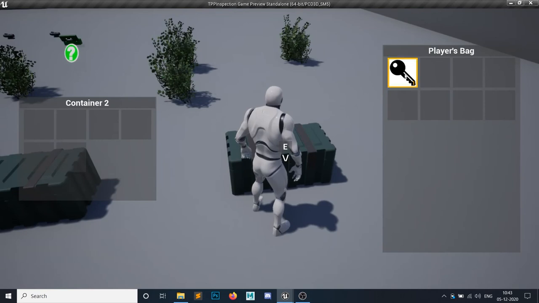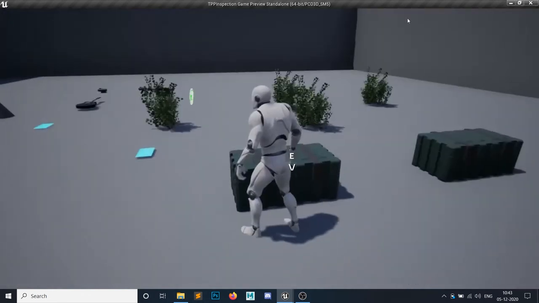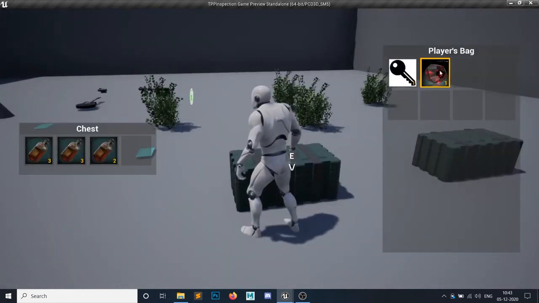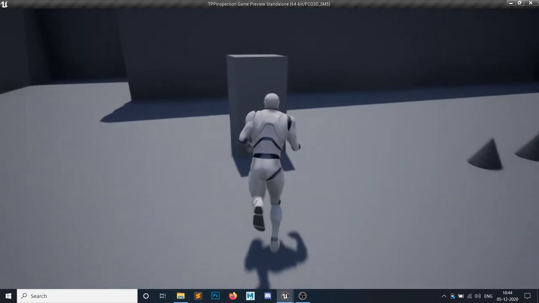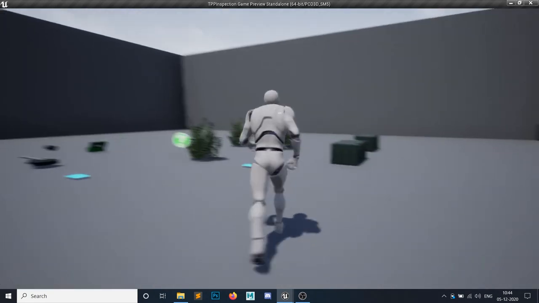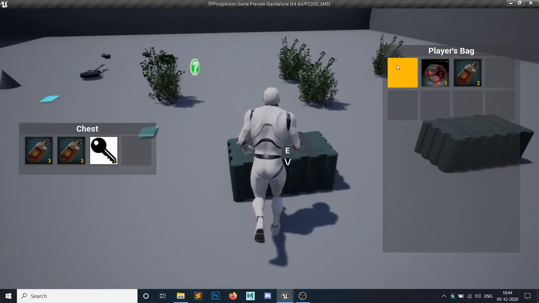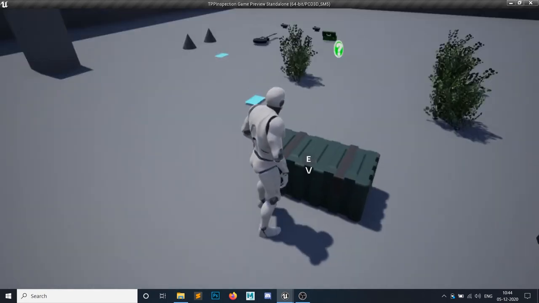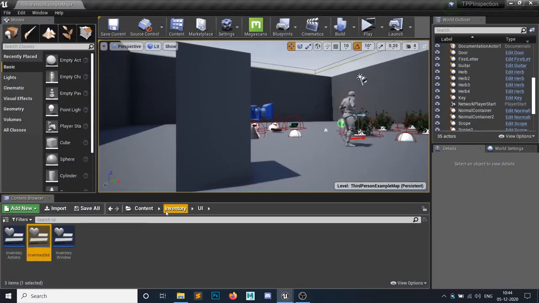Now if I right click, I cannot discard it because we have called out that function. But if I right click, I can communicate between two chests, so I can add it to here. Now as you can see, I have two slots. If I right click, this shouldn't be discarded because this is a quest item. But if I hit E, now we have completed a quest, and now I can discard it. So now if I go in here and right click, it will add it, because we have completed our quest. So we have done two things.